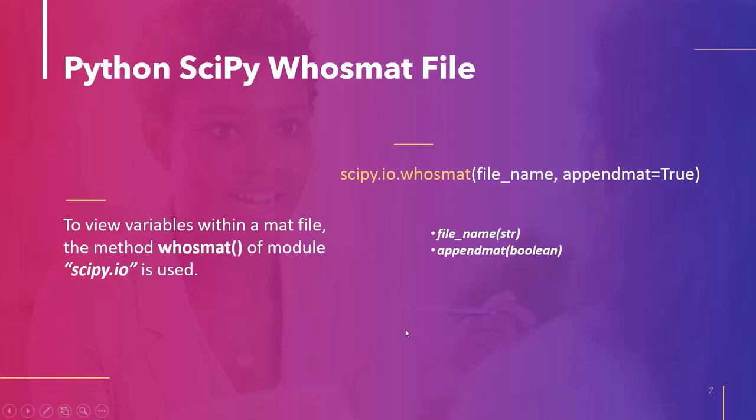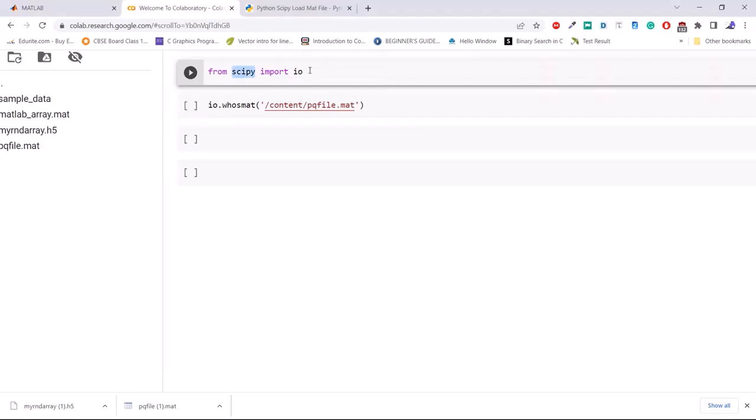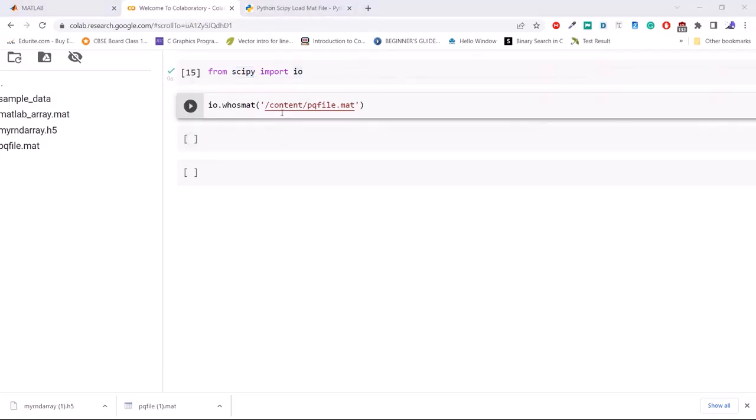Let's see with an example how to inspect the mat file. Import the required method or libraries. So here we are importing module io from the library SciPy. Execute the code. Now use the method whosmat to check the variable within the mat file pqfile.mat that we have